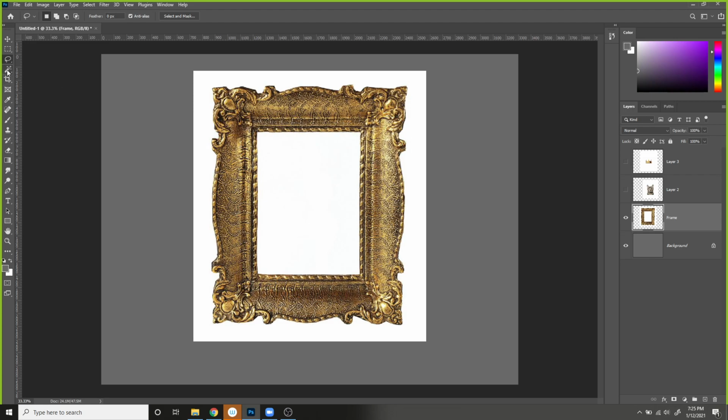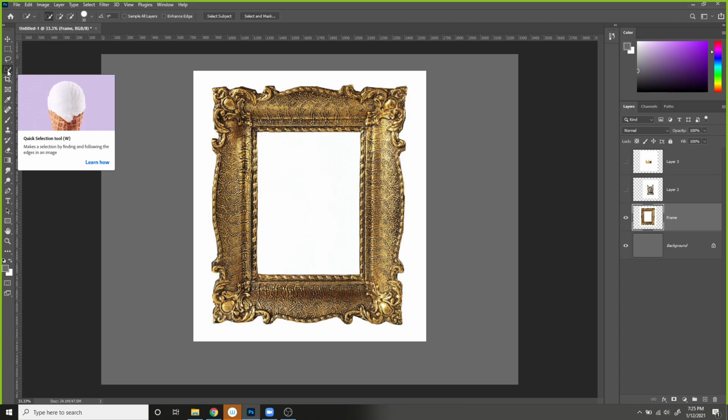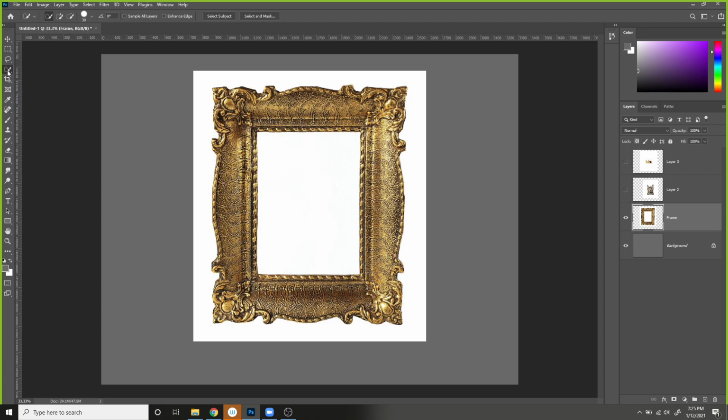The next tool down, which is technically by default the quick selection tool, the fourth tool down right here, this is probably what you guys have, is one we could use. Now, I love these little animated tooltips that Adobe has added here. They're great for selecting images. This is great for something that's a little more complicated. Personally, when you're dealing with really simplified silhouettes, where there's a very hard transition of color or contrast, such as this white, I find it easier to actually go to the Magic Wand tool, which is the third one